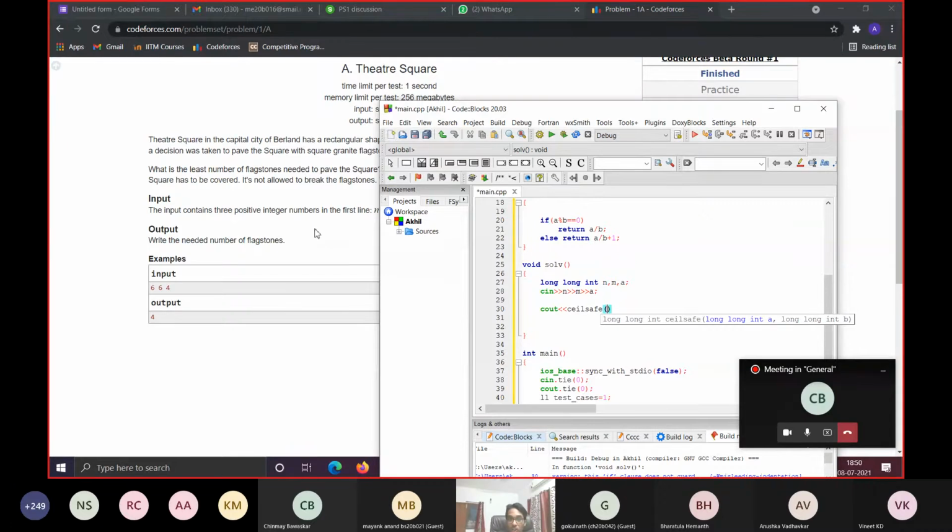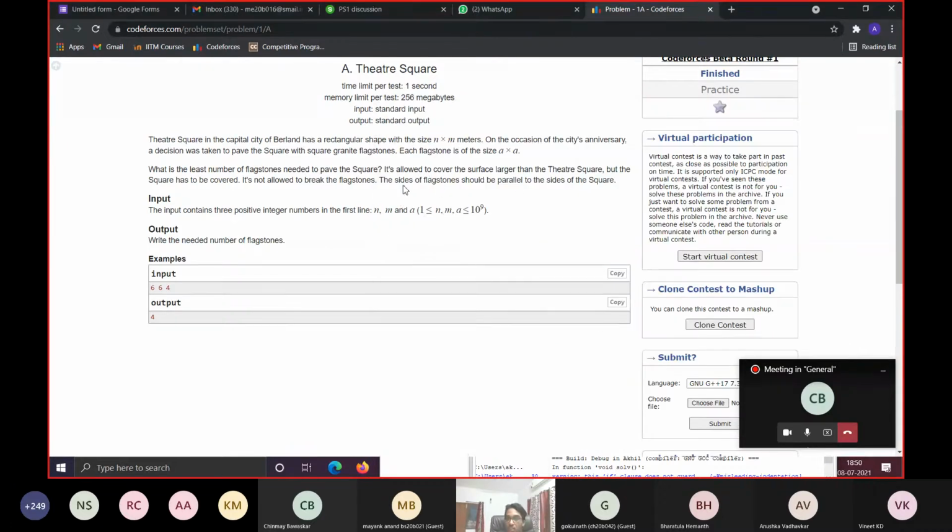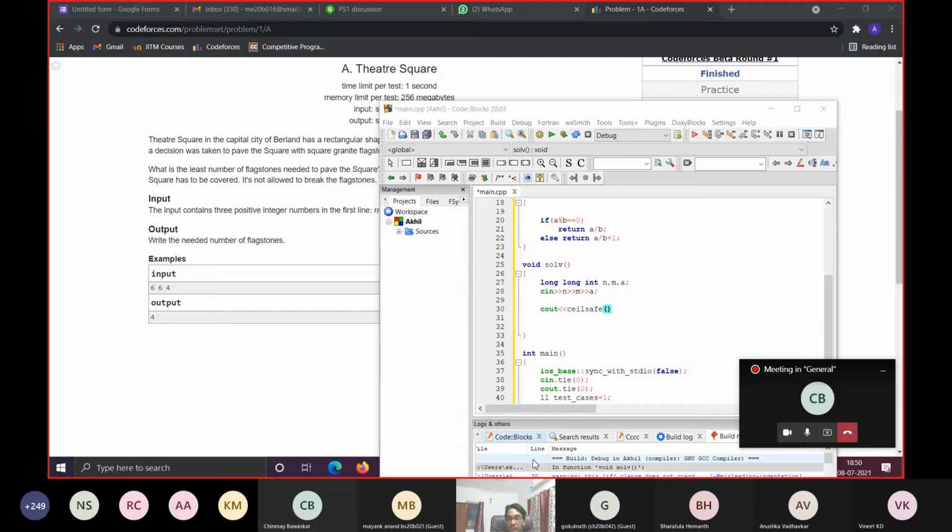Because it's not allowed to break the flagstones, and the sides of the flagstone should be parallel to the sides of the square. So the only way you can cover the side is keeping 2 tiles on top of each other. So 4 plus 4 would give you 8, which is the next biggest integer after 6, which is divisible by 4.